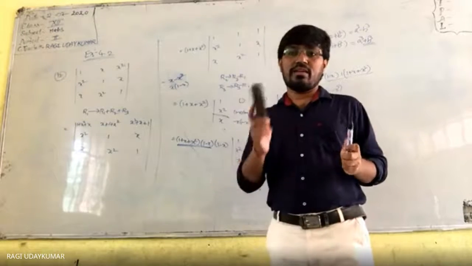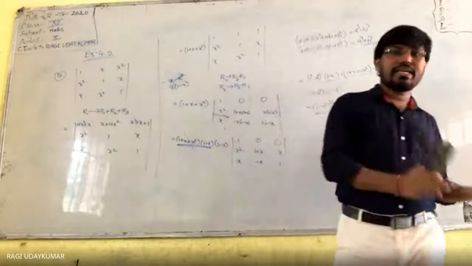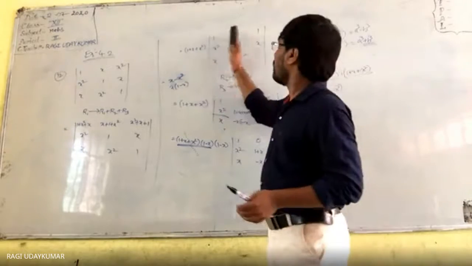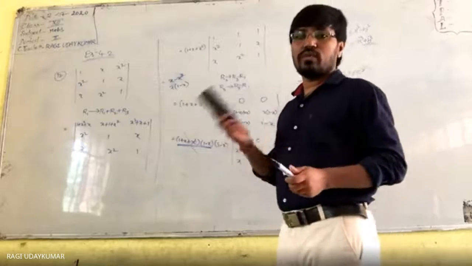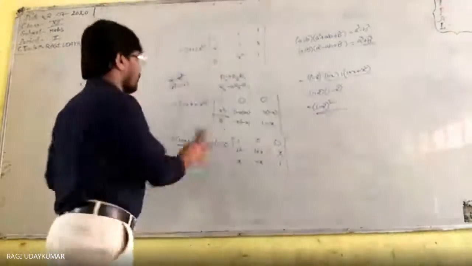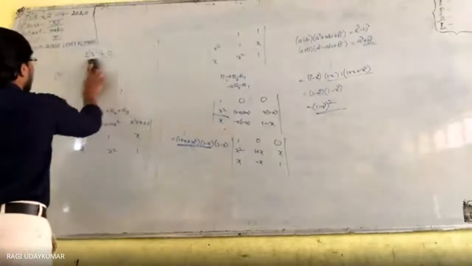a square plus b square, and that 1 plus a square plus b square you take common. Then 1 1 1 you will get, similar to the model, 1 1 1, and in 2 rows you make the 2 ones a 0. Then automatically you are going to get the result. Okay. So that is 14 in this exercise.